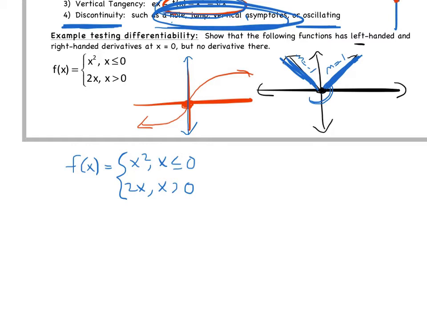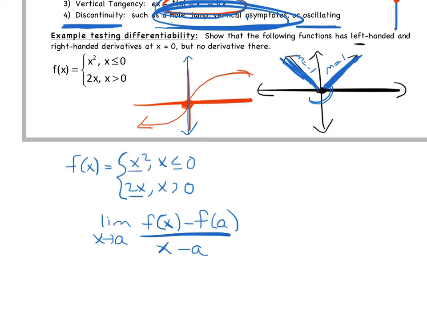And so here's an example where we're going to take the limit definition, the limit as x approaches a. Now here's where this definition comes in. Here's how you prove non-differentiability. So when I look at this right here, you've just got x squared and 2x. We know x squared doesn't have a corner, a cusp, or a vertical tangency. Okay, and I'll tell you how to point that out in just a second, but we know it's just a